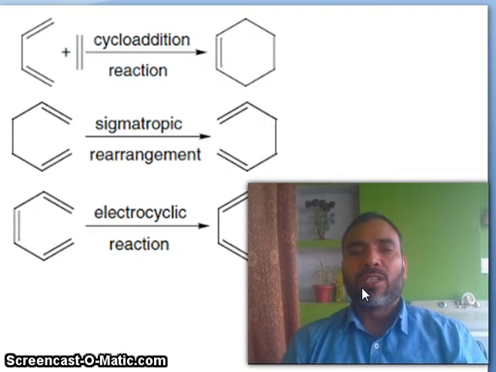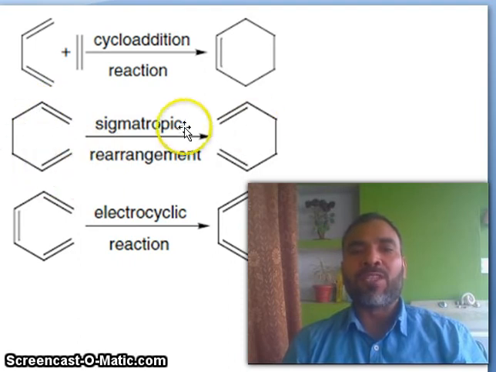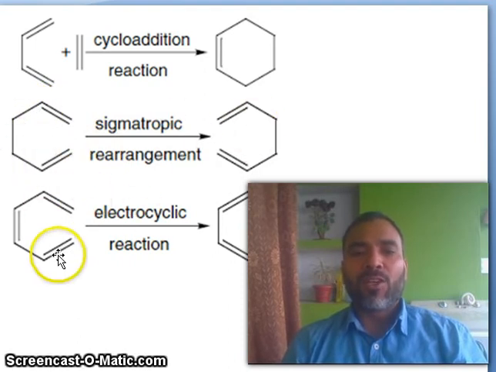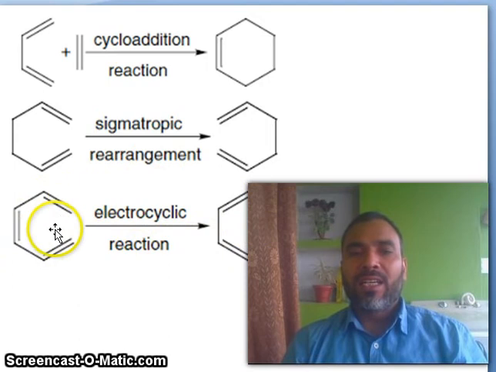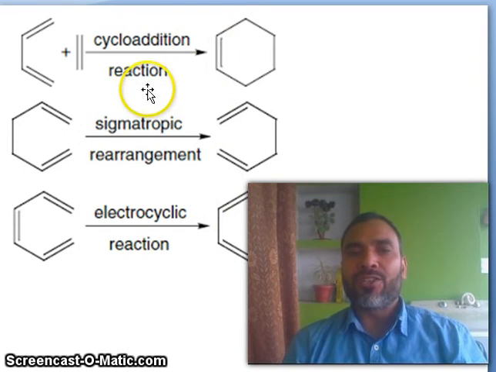Now most of the time people are confused about Diels-Alder reactions. If you see a sigmatropic rearrangement, people think that it is a cycloaddition, no, this is a different type of reaction. Again you look at these molecules, again this is a different type of reaction. All these three are types of pericyclic reactions. You see in cycloaddition reactions, two reactants form a single product.